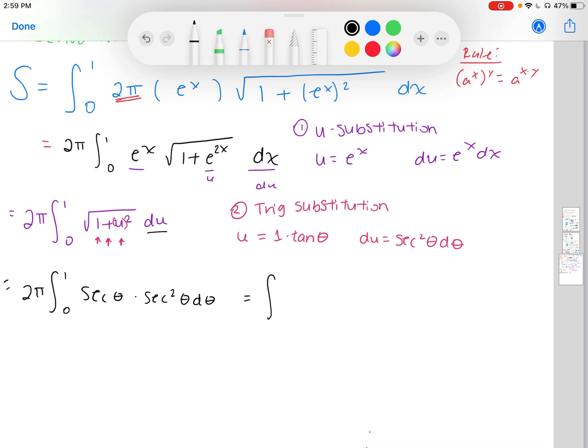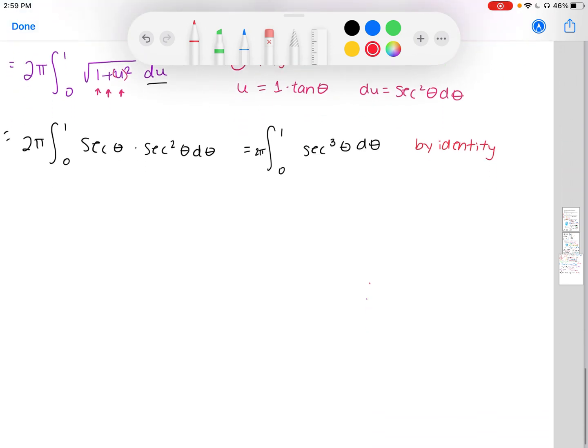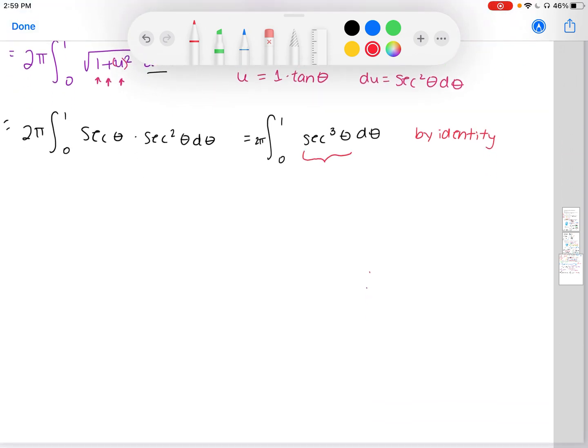So that we have secant cubed theta d theta. Now to integrate this, we've seen it as an example and it's actually an identity. So by the identity, for this secant cubed theta, our integral is